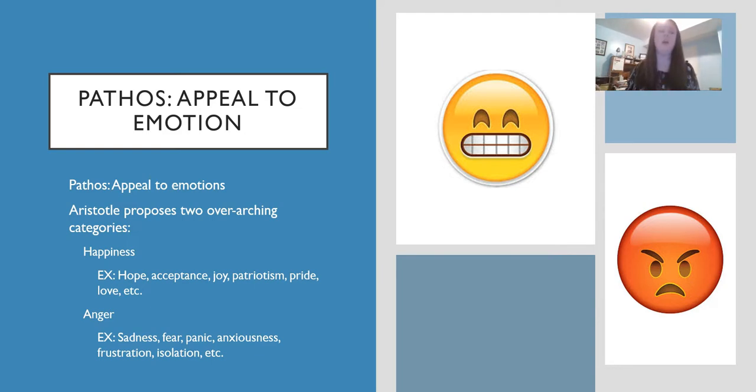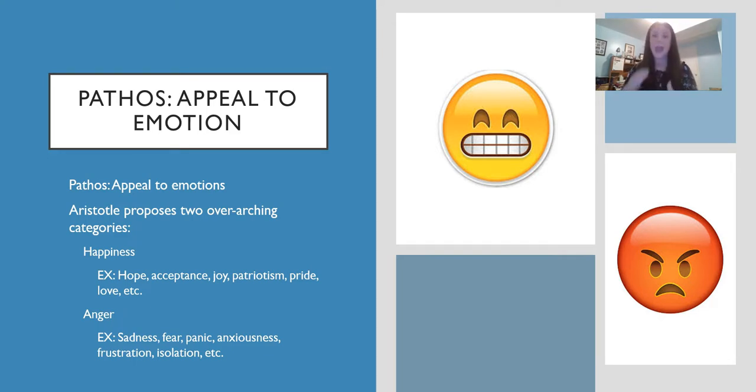So in that regard, you might feel a sense of patriotism, but ultimately you're feeling some kind of positive emotion. Now, on the flip side of that, we see anger, and oftentimes you'll see sadness, fear, panic, anxiousness, frustration, isolation, things of that sort. A good example that I always try to return to with anger, even though it might not immediately connect with anger, you think about the ASPCA commercials where they show images of mistreated and